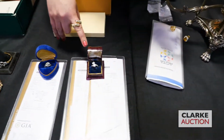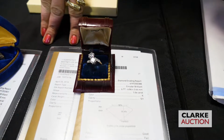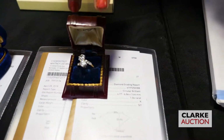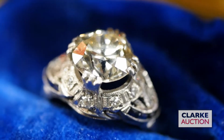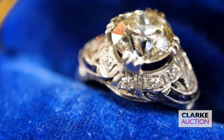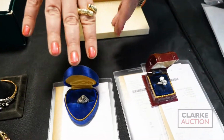We have this wonderful crossover or bypass ring. Each diamond is over 1 carat, one 1.07 and one 1.06, both with full GIA reports. This is estimated at $2,000 to $3,000. Over 2.5 carats, this wonderful Art Deco ring. So if you just take a look here, we have the large center stone with the filigree setting, surround of diamonds and sapphire accents. Again, there's a full GIA report for this center diamond at 2.59 carats, estimated at $3,000